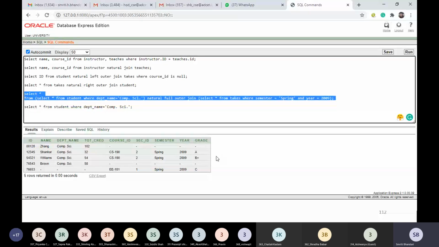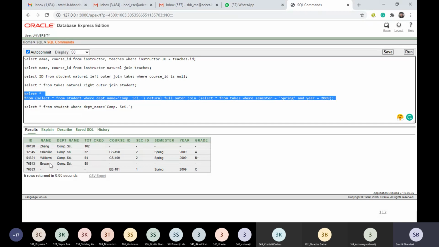So we are having for these 2 students all the data available from both these relations. But what has happened? This particular student 00128 and 76543. These students belong to computer science department, but they have not opted for any course in spring 2009.